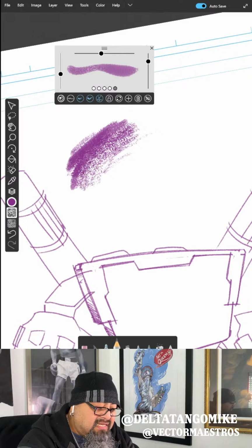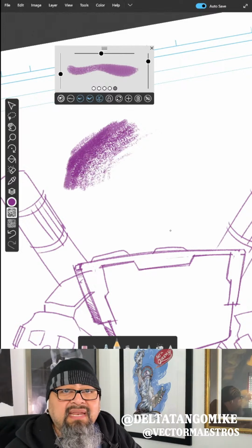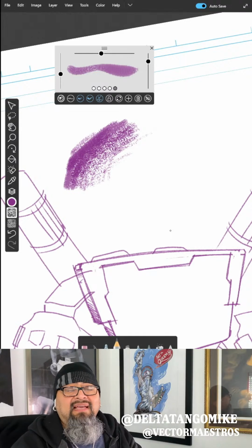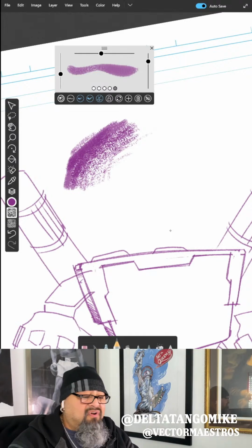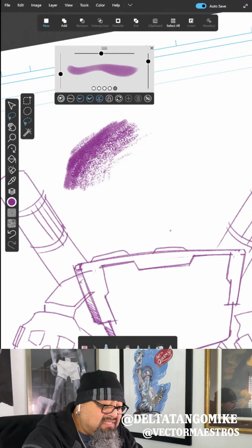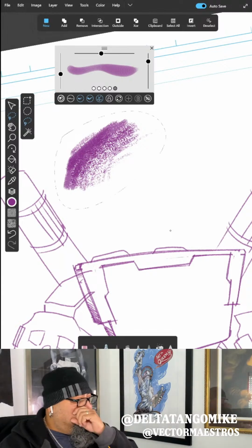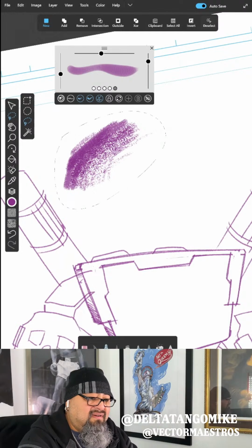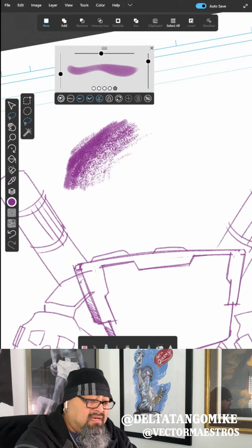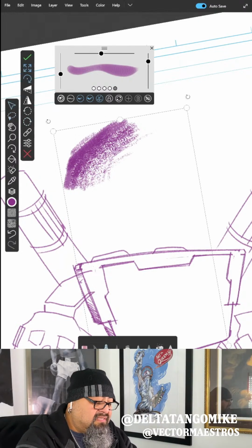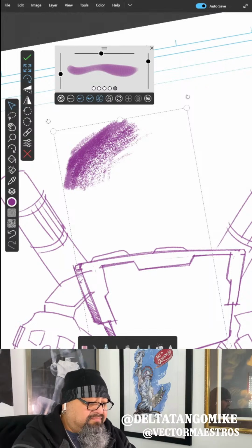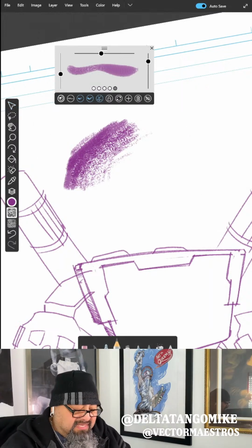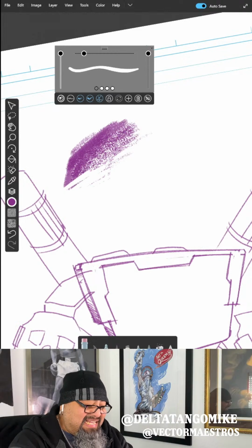And there's a lot of things that you don't need to do by hand anymore when you have an app like Procreate to do it for you. I'm not saying don't use Procreate. I'm just saying that the Procreate app gives you a lot of options about things, and sometimes that makes artists lazy.